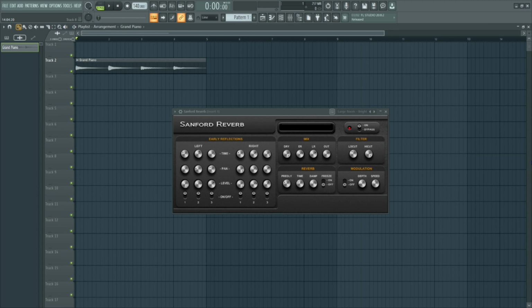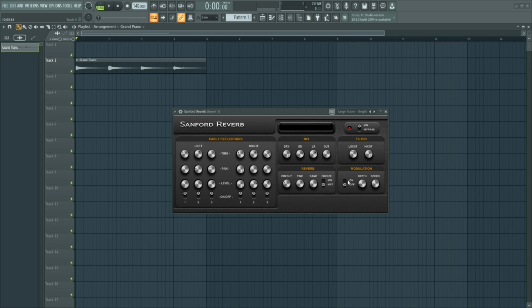And by ridiculous, I mean it literally gives you like 18 knobs, 18 controls for the entire early reflection setting. So that's really insane. And then you have your regular reverb controls like the pre-delay time, the time which is the decay time of the reverb, the damp, and you can also freeze the reverb.